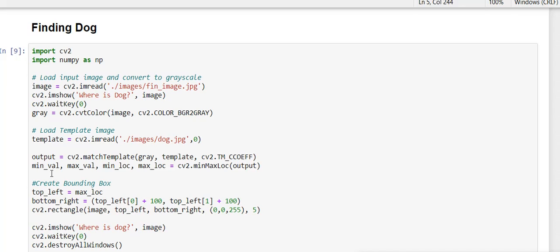After we find the match, we need to create a bounding box to highlight that object. That's why I have this function. Here if you see, we are creating a bounding box by using a rectangle, and then we are highlighting the image. Finally we are showing that image in the window. Okay, now I'll execute this code, and then we can see the output. In the Jupyter notebook, we need to press shift enter to execute the code. I am pressing shift enter.